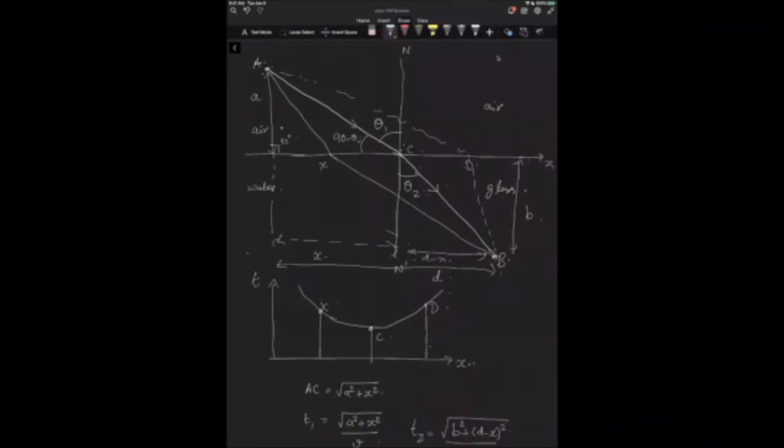So we see right away that that's sine of the angle theta 1, because it's cosine of 90 minus theta 1, which is sine theta 1. Okay, and similarly, (d minus x) divided by the square root of b squared plus (d minus x) the whole squared is just sine theta 2. And then we can also replace v1 as c over n1 and v2 as c over n2,